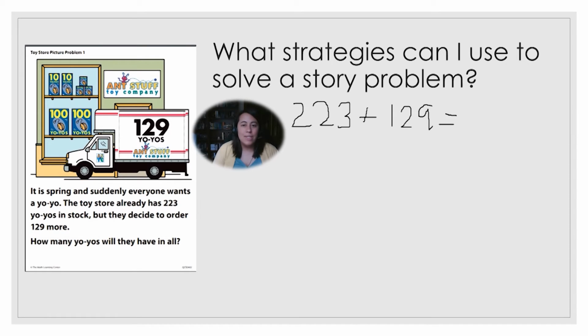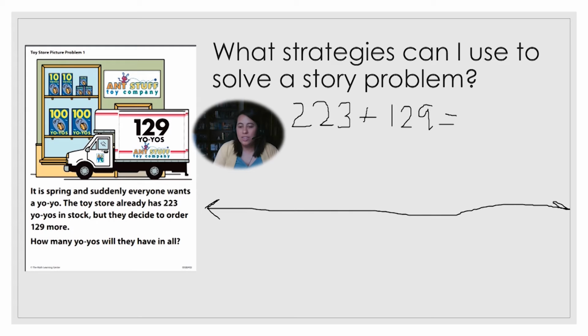Now I don't always have to use a picture. I could use another type of model, and another one that I feel pretty comfortable with after our whole year in second grade is a number line. So if I wanted to solve this on a number line, I'd draw a nice long number line to start. And since I'm adding, I'm kind of going to do a strategy where, in a way, I count on. I don't want to jump a whole bunch of hundreds and tens and ones. It'll fill up the whole number line.